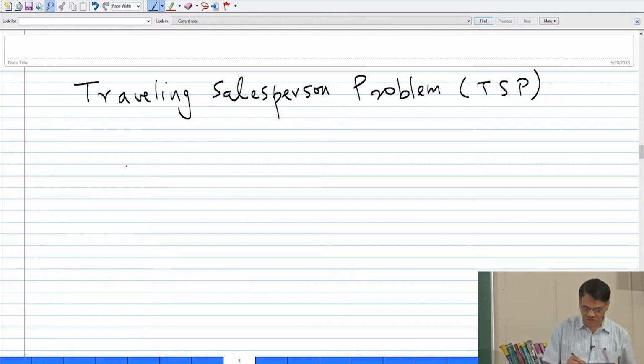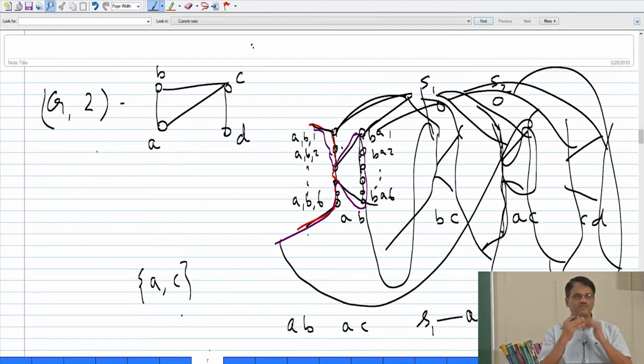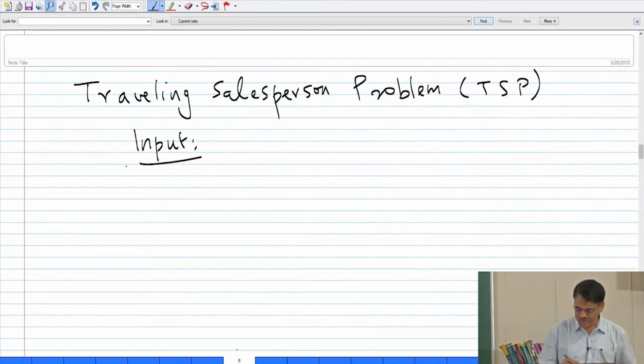And what is the question? Well, what is the input? By the way, this reduction is there in Cormen's book, so you can try and read and understand it as well. Okay, so what is the traveling salesperson problem? You are given a graph. Let's say you are given a complete graph